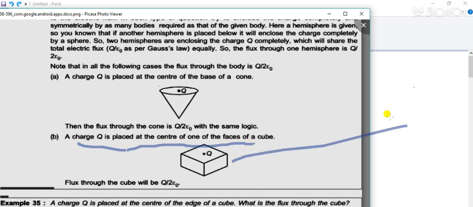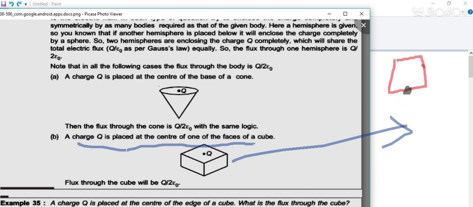Students, this is another question that we can solve with a similar method. So in this question, we have a cube. I am just drawing the front view of the cube, and a charge is placed at the center of one face,